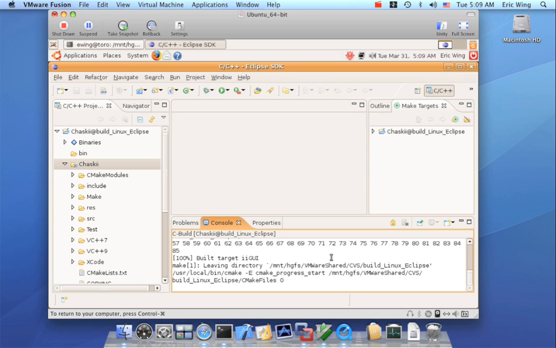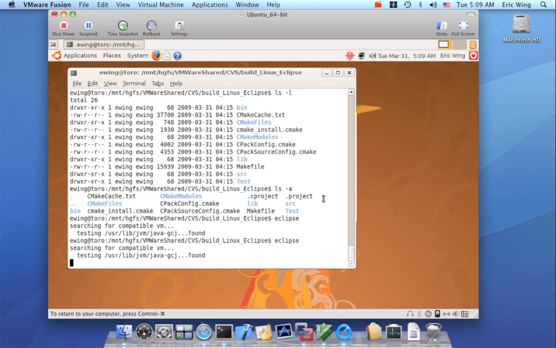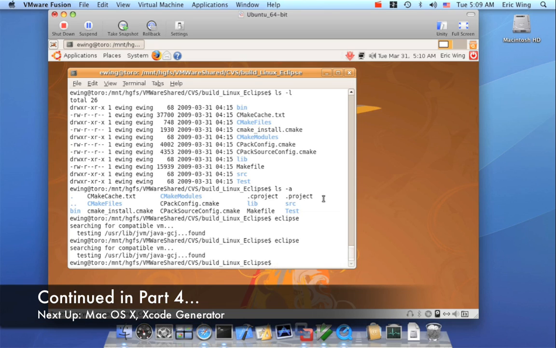I don't want to spend a lot of time on this, partly because I'm not really an expert on this, but feel free to experiment, and I'm sure we can improve things as we go on. So I'm going to close this up, and now we're going to go to the Xcode generator. So let's go back to the Mac, and